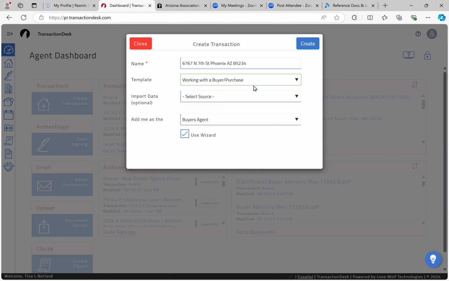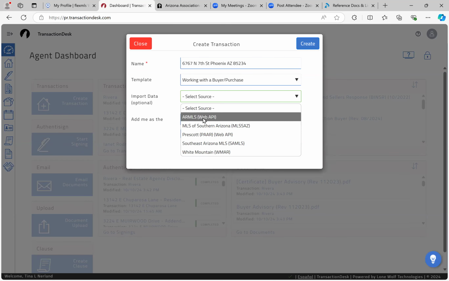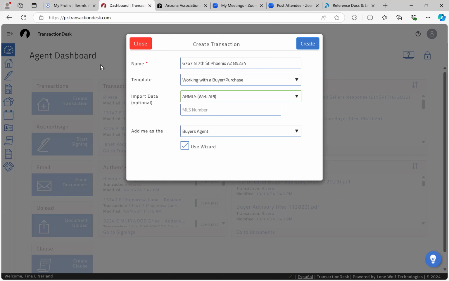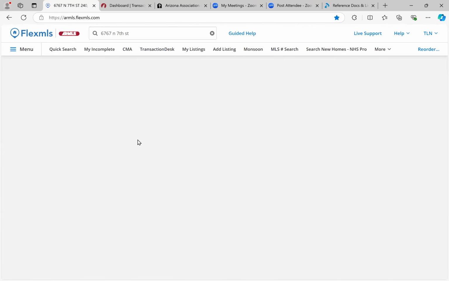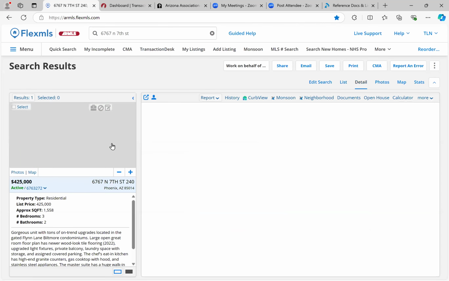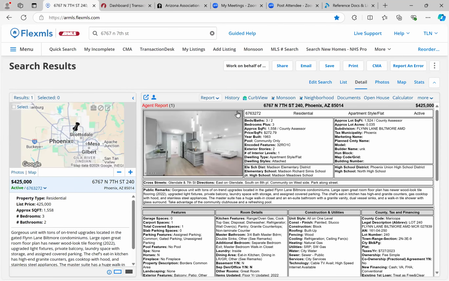And the reason why I want to do that is because it's going to pull up everything that we just did and it's going to auto-populate. If you want to import data from the MLS, which I actually recommend, go ahead and choose the MLS, and then you will need the MLS number, which you can find in the MLS right here. You can find it here. Yep, that's the only place. Okay, copy